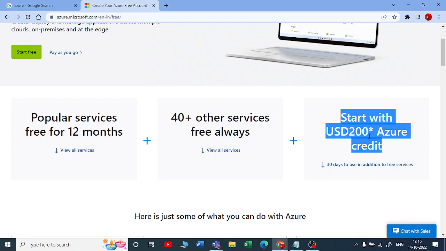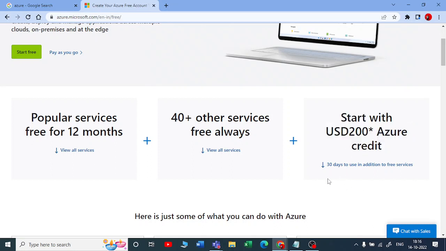These credits have a validity of 30 days only. So you can use those credits in 30 days. If you are not using them, these credits will vanish. You will get zero, all your credits will be zero. So it is recommended that you first learn and try to understand everything about the cloud, and then open your account so that you can apply hands-on whatever you have studied.